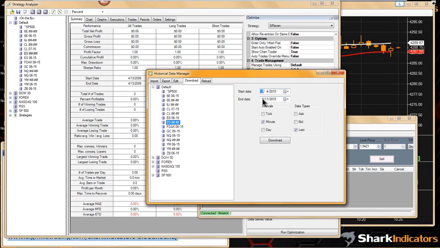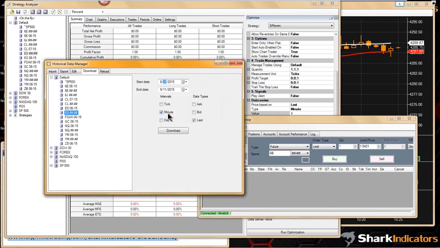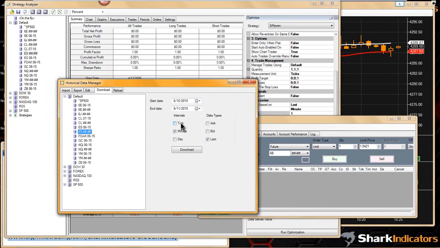So we'll download against the ES. And since I'm downloading against minute bars, I need to download minute data. So right, if you're using volume charts or tick charts or Renko charts, you'll have to download tick data. But I'm just going to download minute data just to keep this going fast. So I don't want to have to sit around for all that tick data to download. And minute data downloads very quickly, but tick data is typically like 4 to 10 times the volume, so it takes quite a bit longer to download